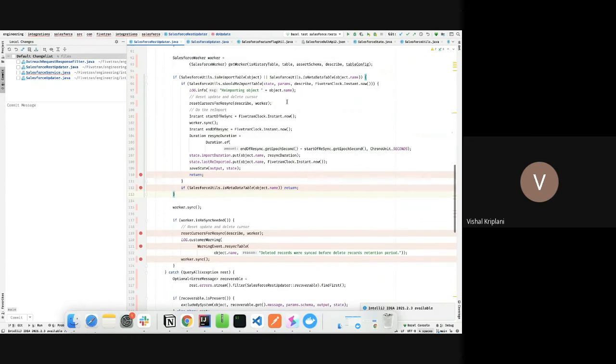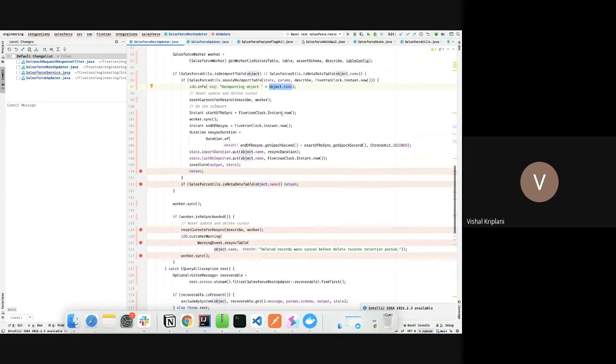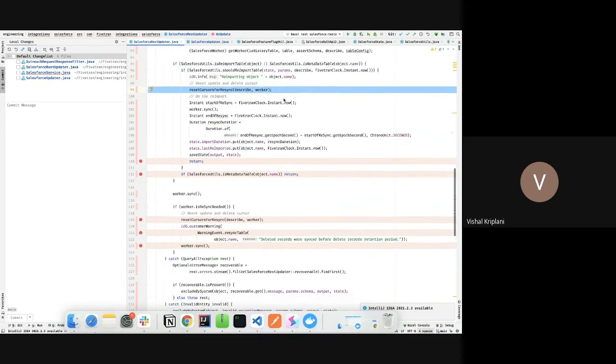So now let's suppose there is one reimport object. By log you can see that if you type "reimporting object" in New Relic, you will get all the objects that are reimport objects. Then for the reimport objects, we decide whether this object is a reimport object or not, and we also decide whether we have to reimport this object now. After that, this object is reimportable and we are reimporting it now.